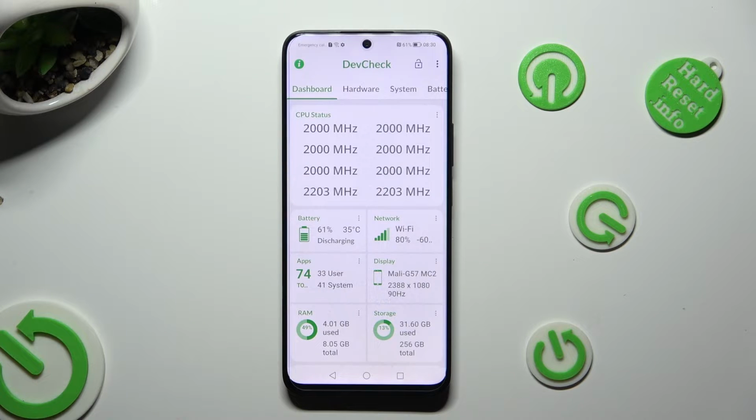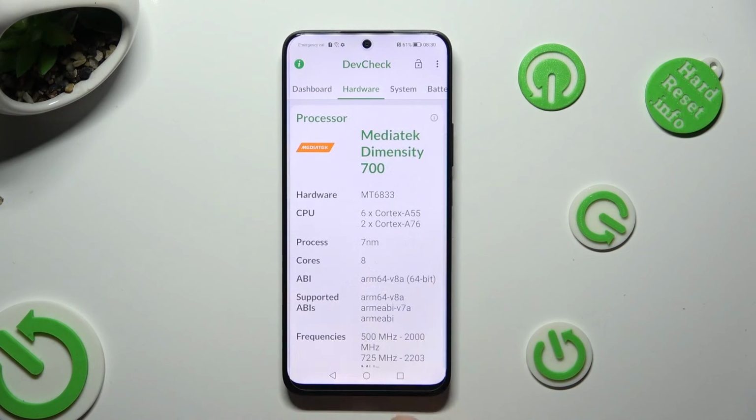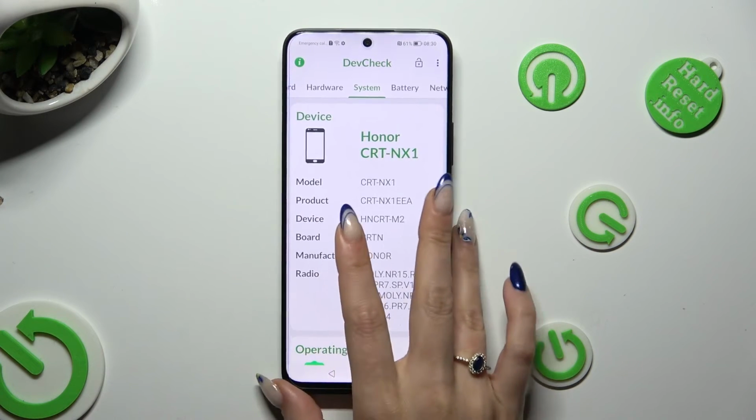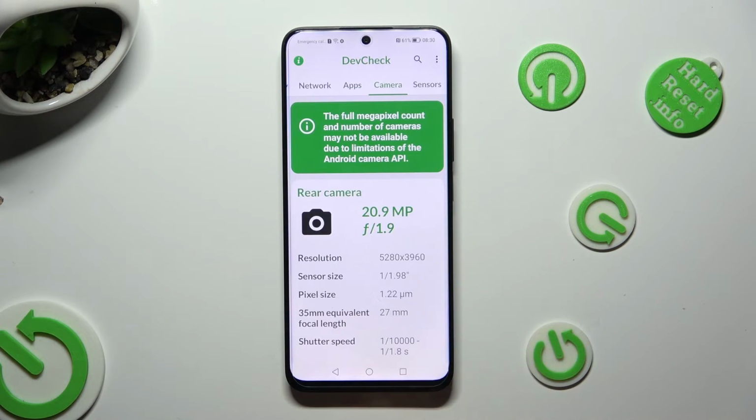Now thanks to it, you can learn all the information about your device's dashboard, hardware, system, battery, network, apps, camera,